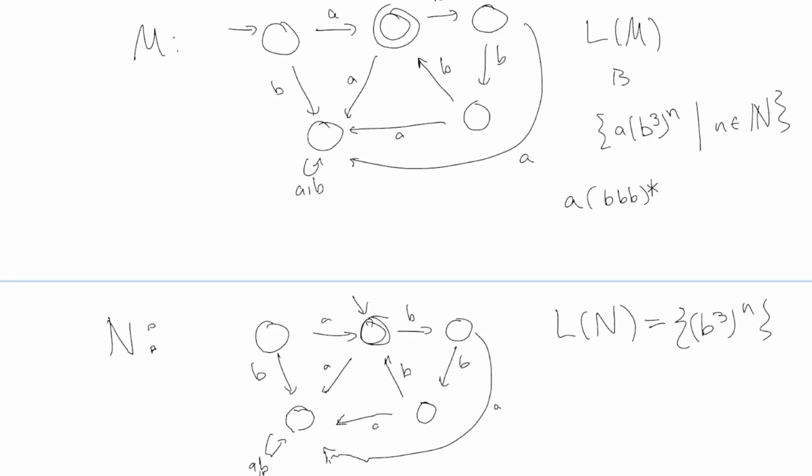This is a fairly simple example, but the moral of the story here is, if you move the starting state by pushing through an A edge, the effect on the language is that you just remove an A at the beginning of every string in the language. That's the difference between these two things. So I'm going to try and summarize that. We moved the starting state through an edge